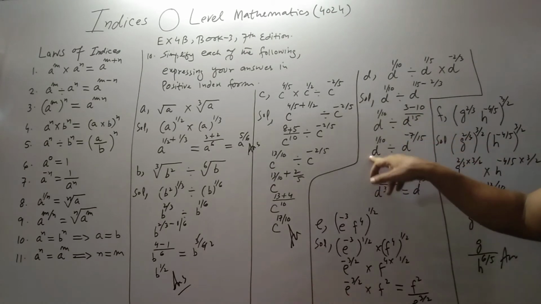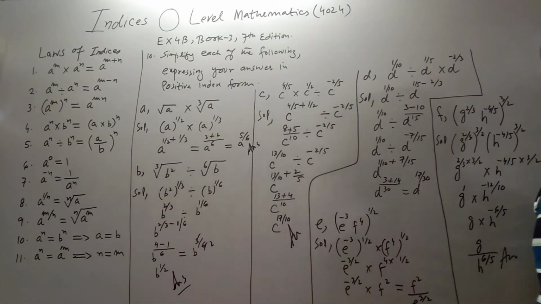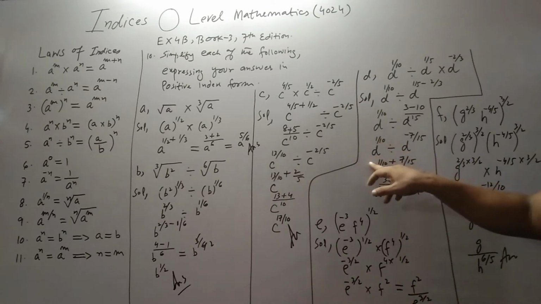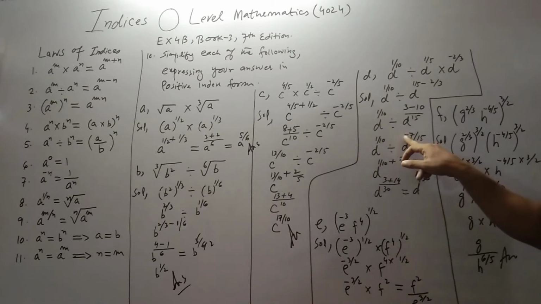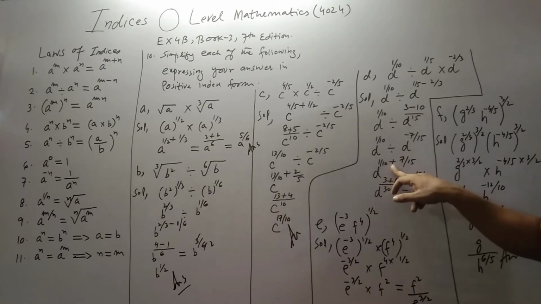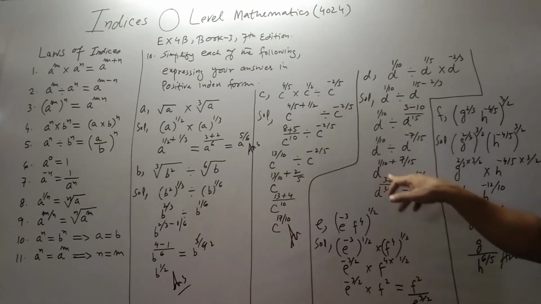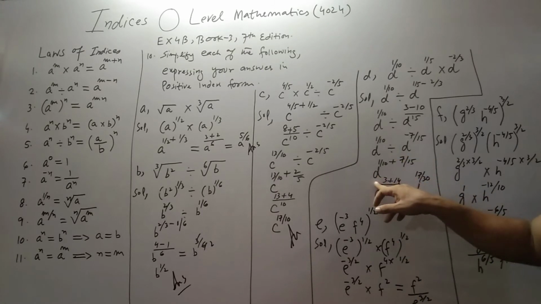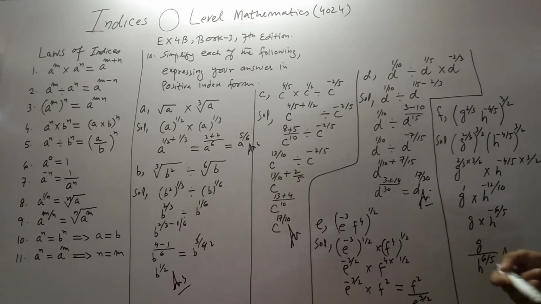Apply second law. Second law is if bases are same and bases are divided, then the sign of the power should be changed. So this is 1 upon 10. This denominator is converted into the numerator by changing the sign, minus 7 upon 15 converts to positive 7 upon 15. So take the LCM of 10 and 15. What is the LCM of 10 and 15? 30. So this is 30, 10 times 3 is 30, 3 times 1 is 3, 15 times 2 is 30, 2 times 7 is 14. 14 plus 3, 17, 17 upon 30. This is our final answer because our answer is in positive index form.